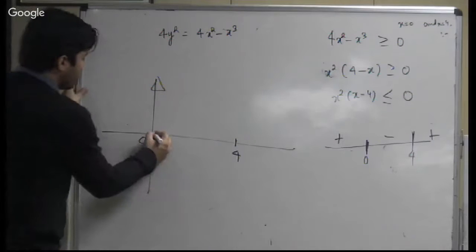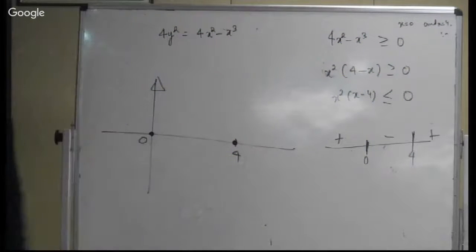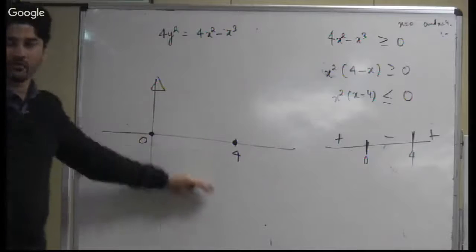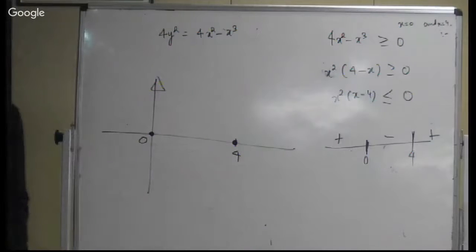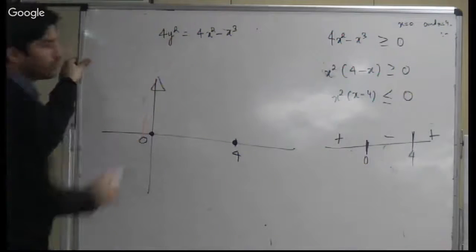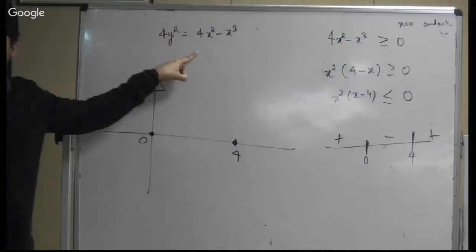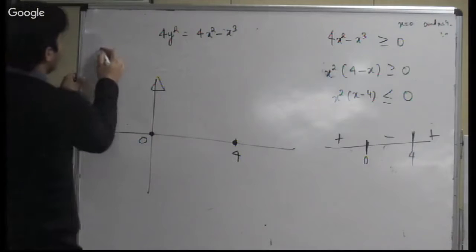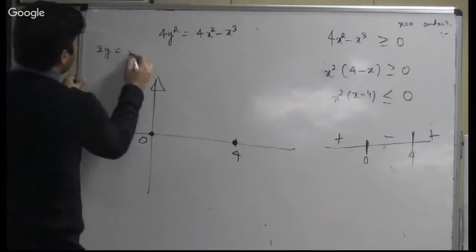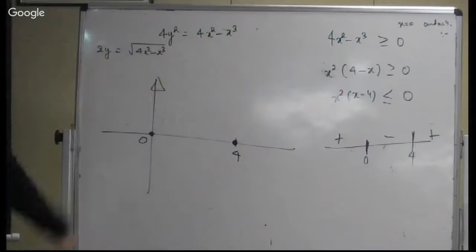At x is equal to 0 this will be there, and at x is equal to 4 this will be there. And whatever I see up, the same thing will be in the down. Now the question is, this is nothing but two functions, 4y square. So I'm going to break this as 2y is equal to under root 4x square minus x cube,